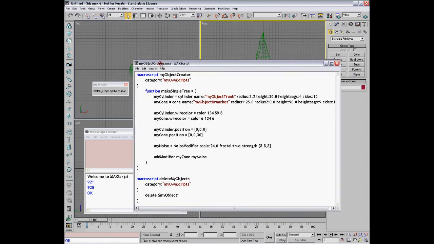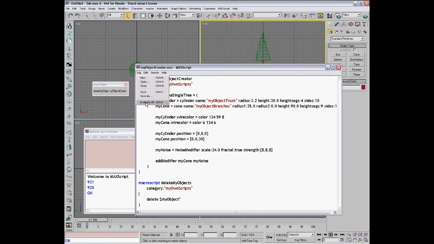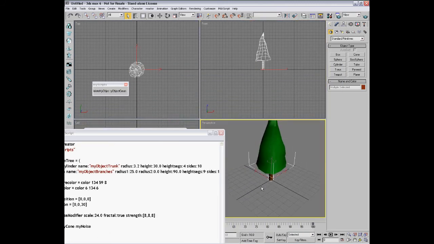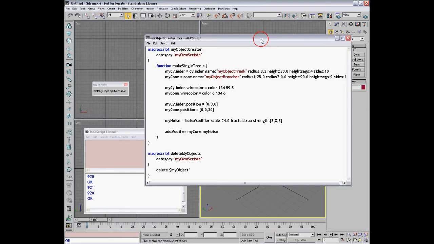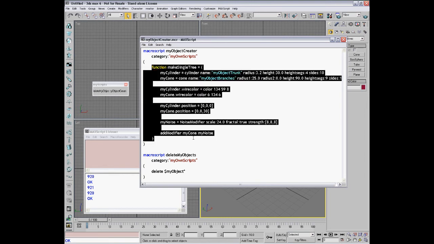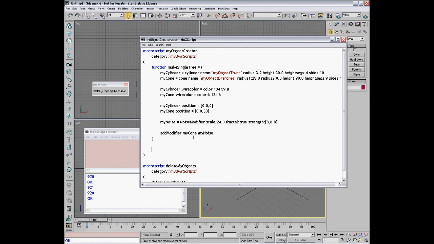But if you evaluate and run this script, evaluate all, I'll remove the previous tree so we don't confuse it with the new ones that would be created. And then I run the script, it doesn't create anything. That's because we just defined a function, but we don't actually use this function yet. So we have to put down a function called